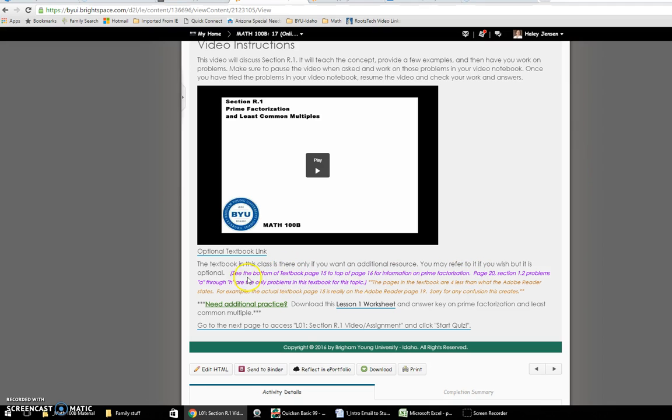It's on, see, the bottom of textbook page 15 and the top of 16 for information on prime factorization. Page 20, section 1.2, problems A through H are the only problems in the textbook on this topic. Now, one of the things about the textbook when you click on it